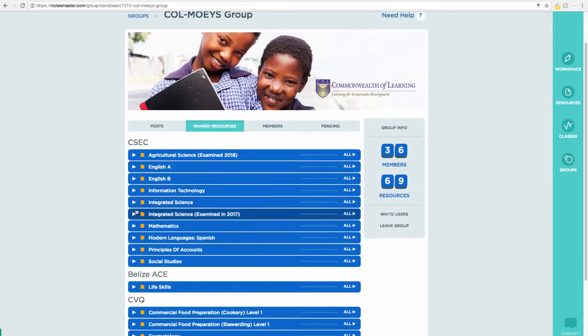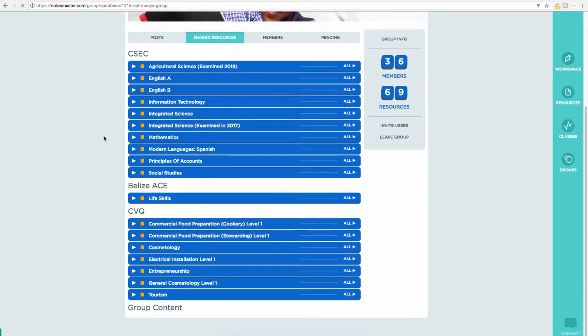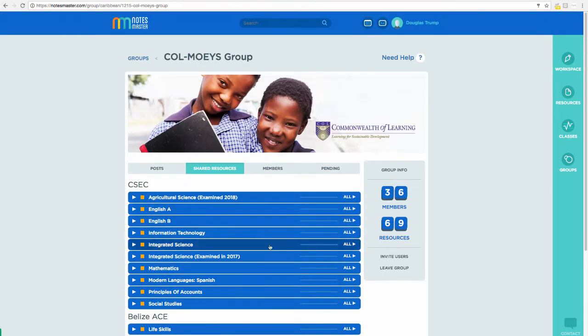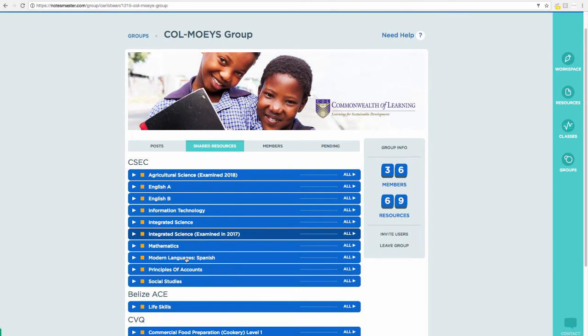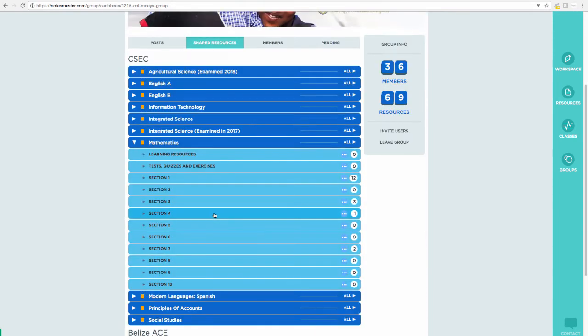Now, principles of accounts, English, entrepreneurship. This is where our resources are going to accumulate. So this is our group area. We create our material here in our workspace and we're going to share it with the group. An example, if I click on mathematics, I have a copy of the syllabus sections,